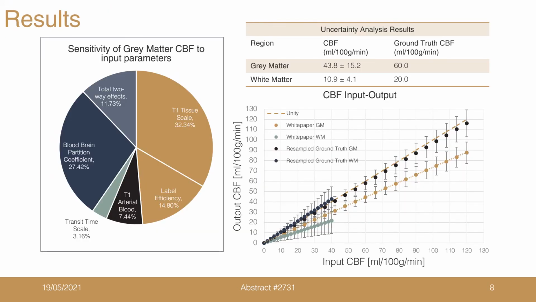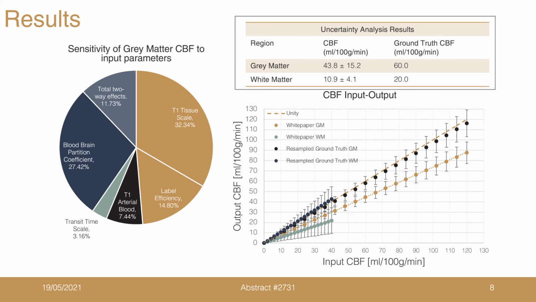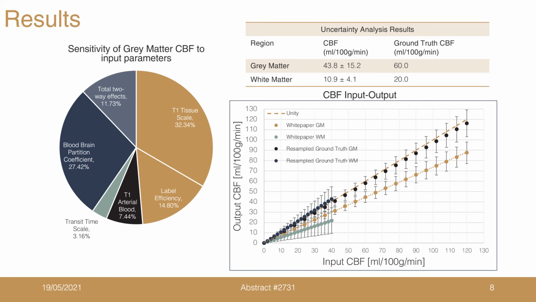In the sensitivity analysis, all chosen parameters were found to have effects larger than the standard error and hence significant, with the T1 tissue scaling factor the greatest. The uncertainty analysis gives estimates for CBF that are significantly lower than their ground truth values, this being due to bias from simplifications in the white paper quantification model. The associated standard uncertainties account for the between subject variability that might be expected. Estimating or measuring these parameters on a per subject basis with sufficient precision could lower this uncertainty and improve the